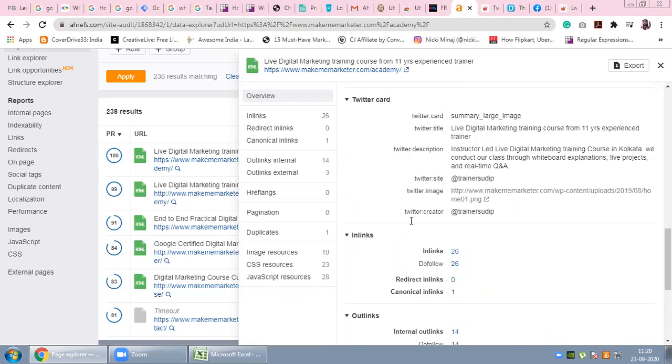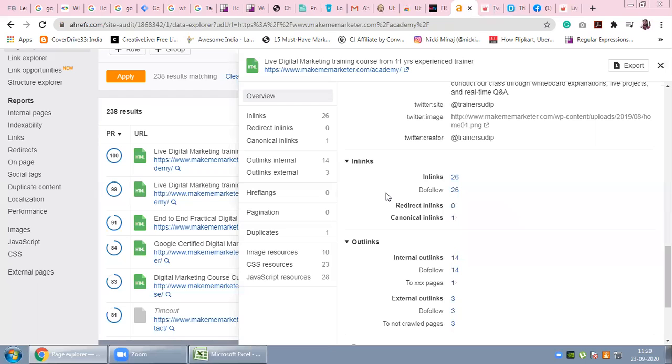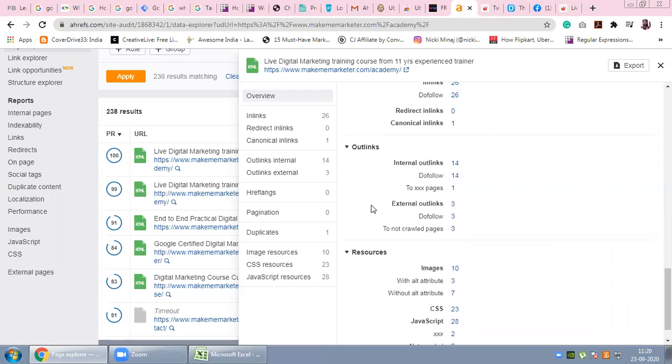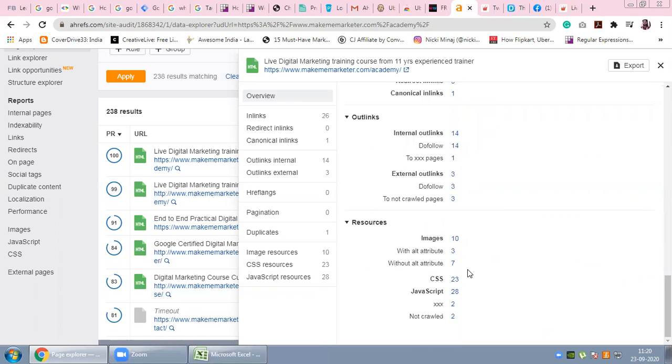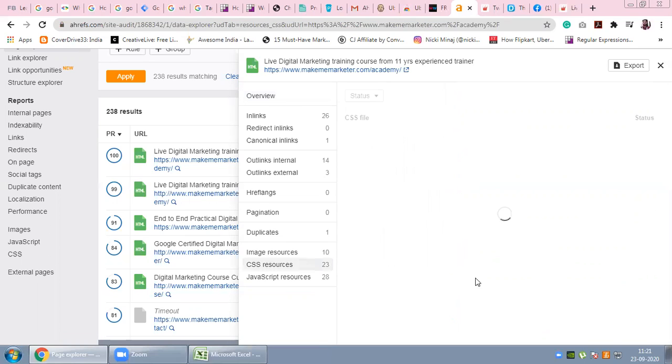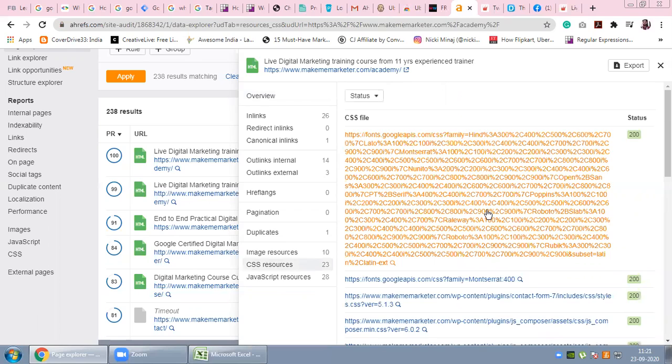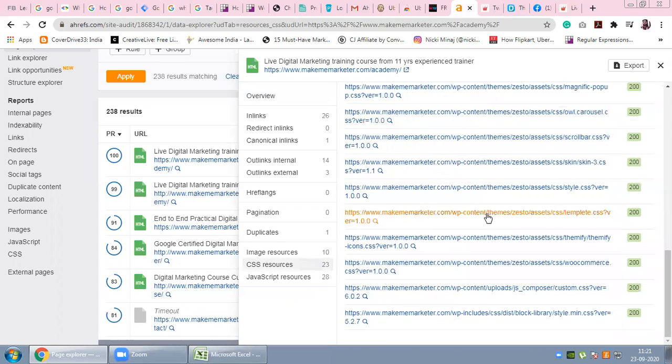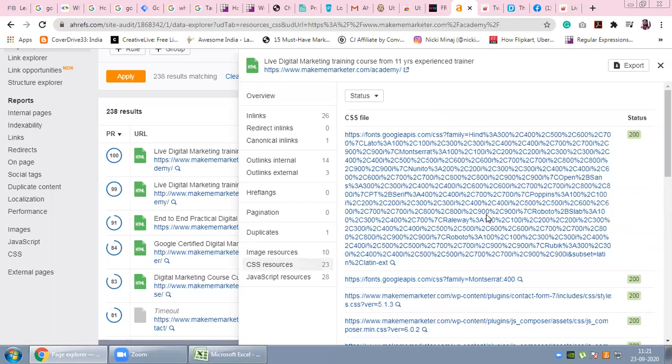So Twitter card is also present. In links: what are the in links, how many follow links, what canonical links are present? Outlinks: what are the outlink resources? There are 10 images on my page. There are 3 images where I have used the alt attribute, but the rest of the images have no alt attribute. I can also find out more about the CSS file and what changes are required